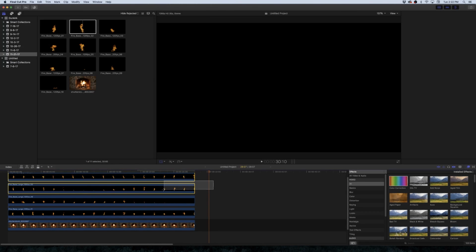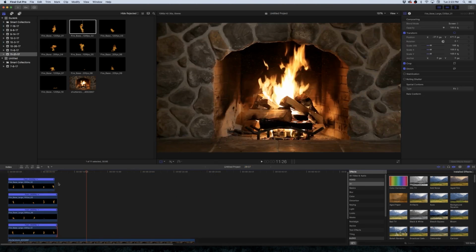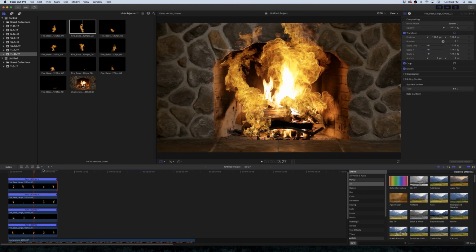All you do is just select all of the elements that you have that you want to speed up. And then right here, there's this little button with the little stopwatch kind of thing on there. And it's just the time options. And what I'm going to do is I'm just going to navigate to the fast menu here. And we're going to try 4 times. So now what we've done is we've sped up our footage to kind of match the look of the real